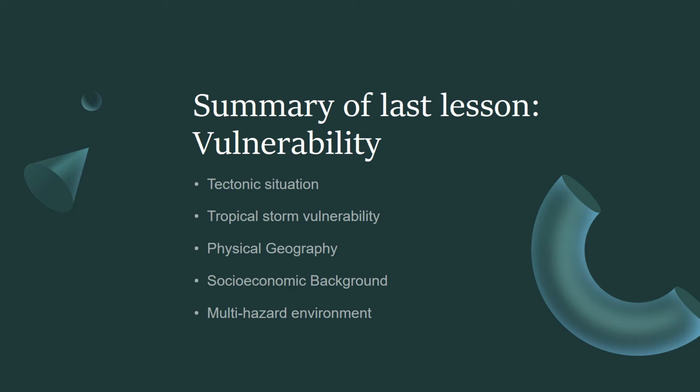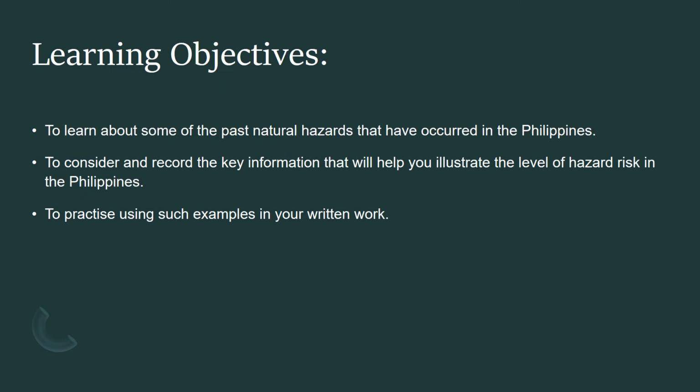And of course that also feeds back into socio-economic development. It takes a significant part of their GDP to respond to these disasters and to prepare for them. So that can enhance a cycle of poverty, and that makes it harder to prepare for hazards. So to summarise from last time, there's lots of very clear reasons, or categories of reasons, why we would look at the Philippines as being particularly vulnerable to hazards.